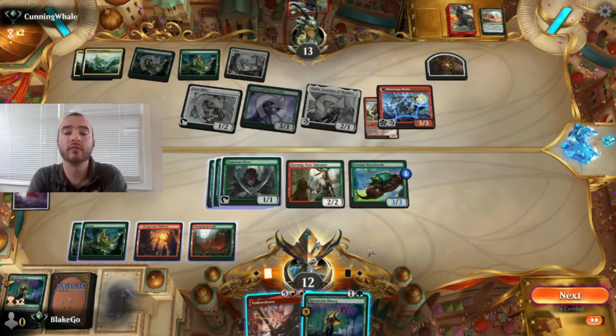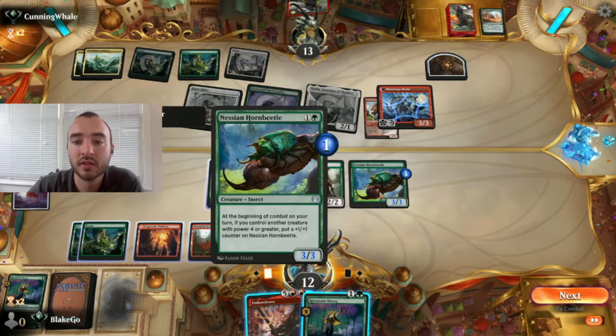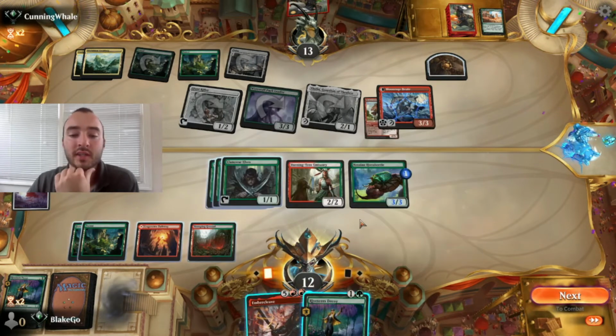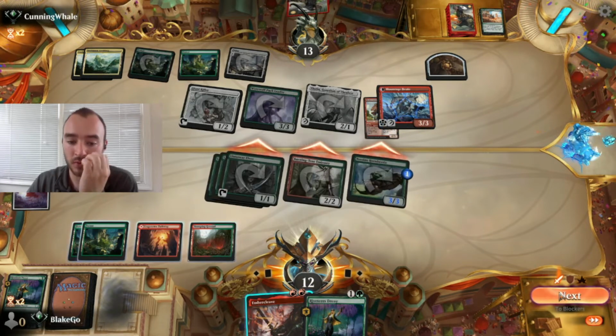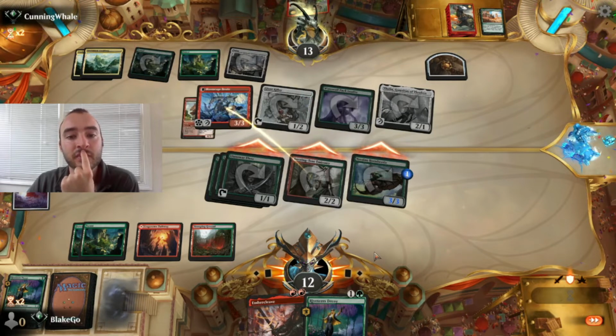So if I swing in with everyone, I could put the Horn Beetle. We'd have 8 damage with the Horn Beetle in this. That gets us to 10, 13 exactly. I think it's worth it. Or we could even, potentially, depending on what he blocks, if he blocks the...